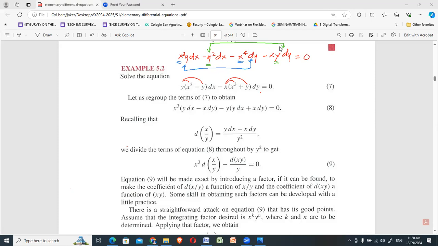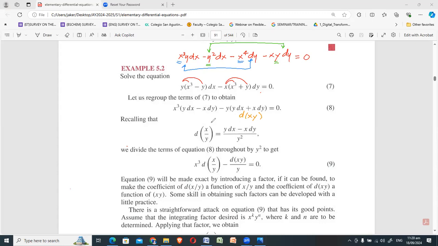In the second grouping, the green grouping that I wrote, I'd like to factor out negative y because both are negative anyhow, and see what I will have after. So I have y dx and x dy. Now, if you look very closely, class, there's a different form here. This one is the d of xy already, while this one can be the d of x over y. But it still lacks the y squared.